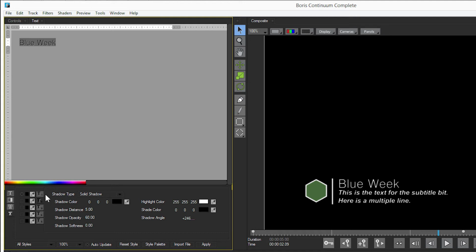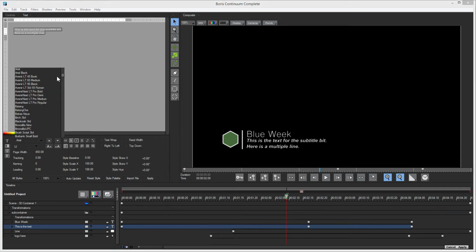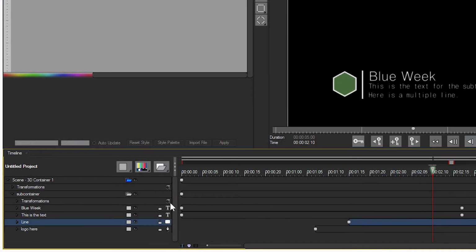But we'll turn that one off, so we've only got our first drop shadow there. And if I double click on the "this is text", I can do the same thing here. Come in, just find my chosen font. Now, if we look to the right-hand side of the layers, we can see what type of layer